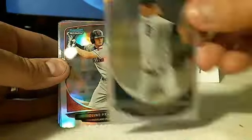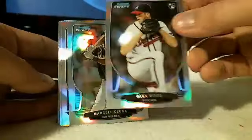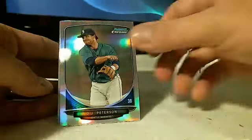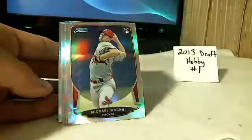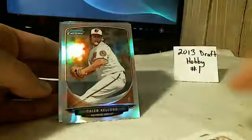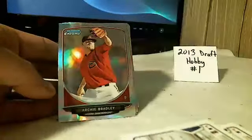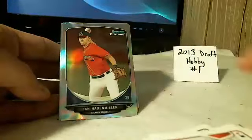We got Kubica for the Tigers, Frazier for the Indians, Soler for the Cubs, Wood for the Braves, Ozuna for the Marlins, Ziomek for the Tigers, Peterson for the Mariners, Keys for the Phillies, Dahl for the Rockies, Wilson for the Twins, Waka for the Cardinals, Ramirez for the Rays, Cron for the Angels, Kellogg for the Orioles, Sears for the Braves, Almonte for the Yankees, Bradley for the Diamondbacks, Barnes for the Yankees, Irvin for the Reds, Hagen-Miller for